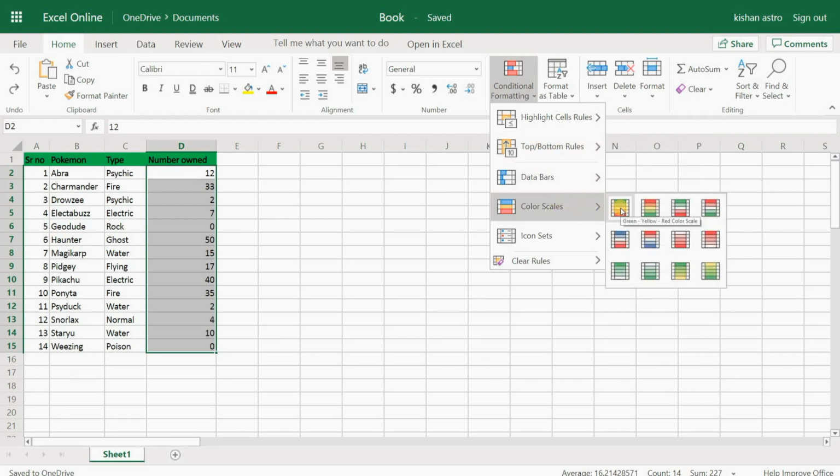So what this does is, there are a lot of color scales here. We'll choose the first one. It assigns a dark green color to the highest values, and it assigns a dark red color to the lowest values, and in between it goes between green, yellow, and red. Alright, so let's click this,